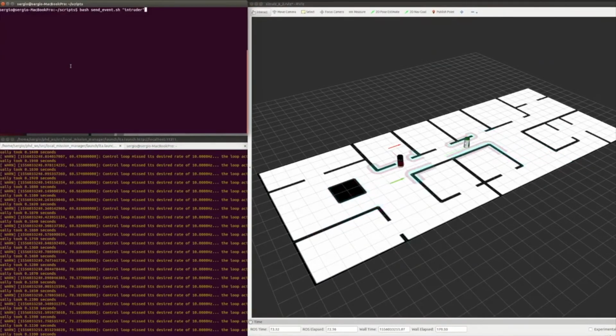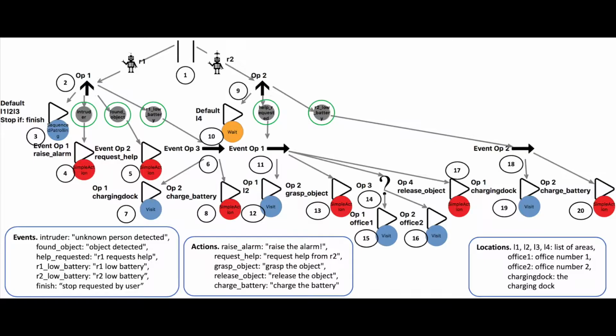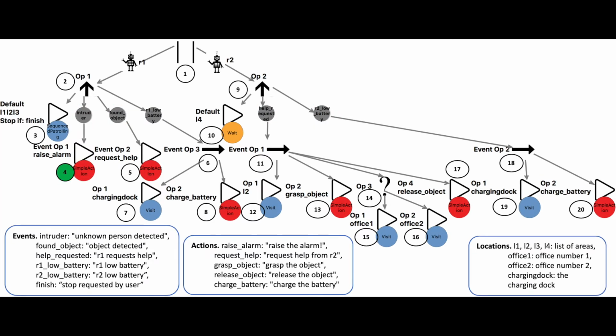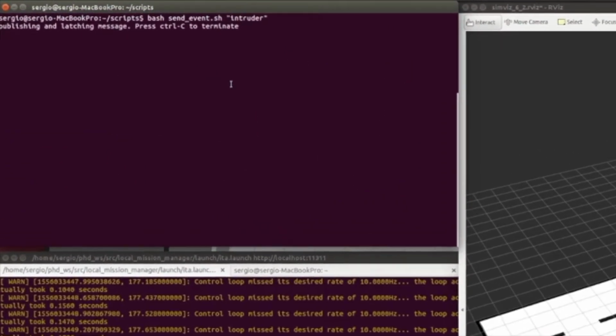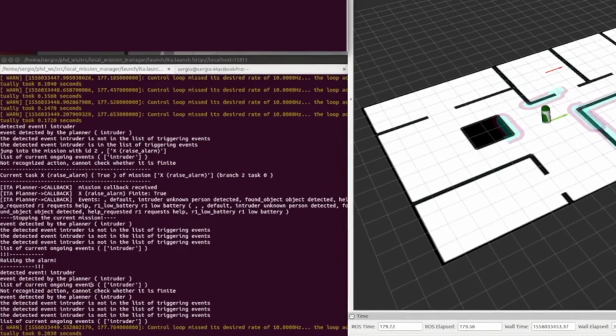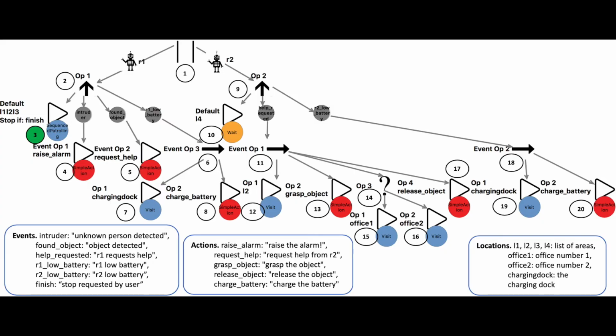If during the execution of this mission the robot senses one of the associated events, depicted as gray ellipses and simulated in this experiment, the operator will trigger the mission linked to that event. In this case, an intruder was detected, and thus the robot will raise an alarm. As soon as the trigger mission is finished, either succeeding or failing, the robot will resume to the default mission